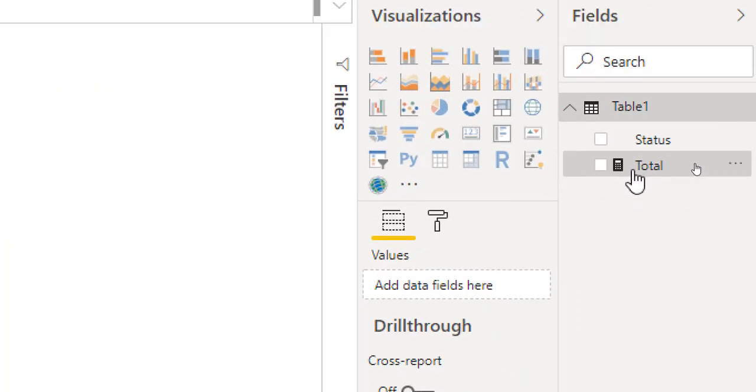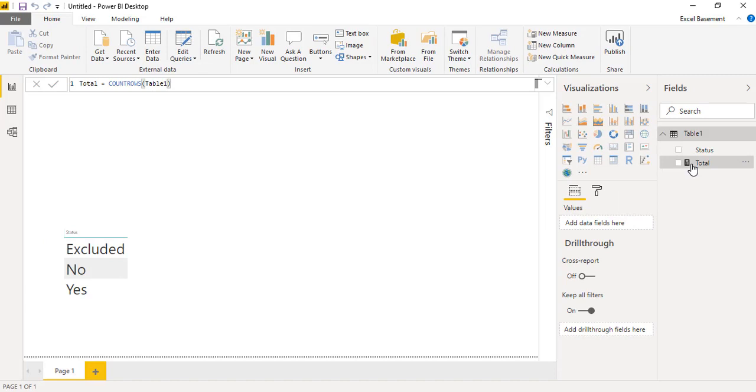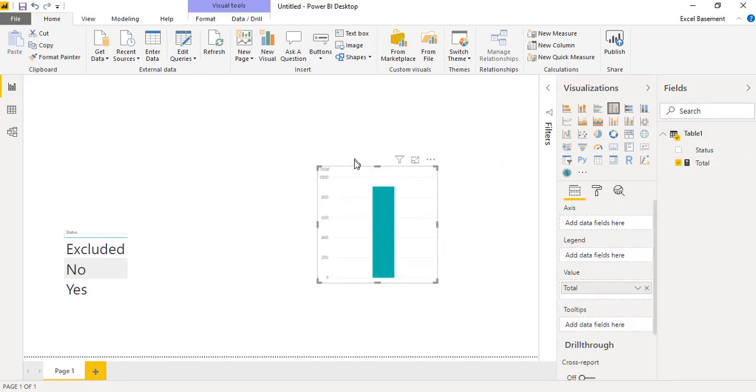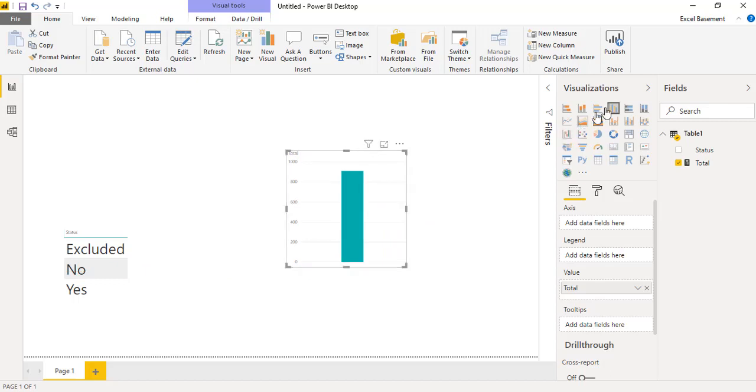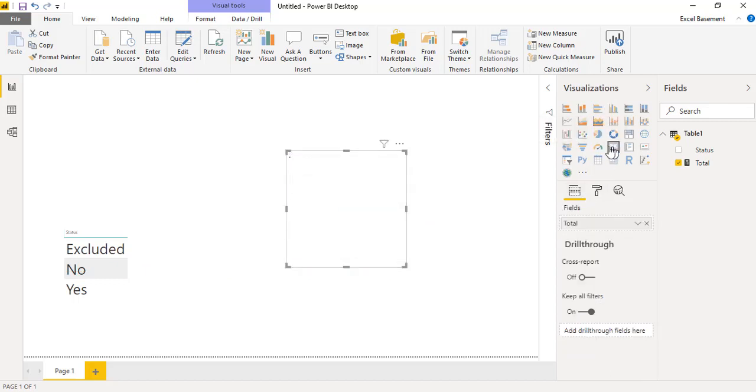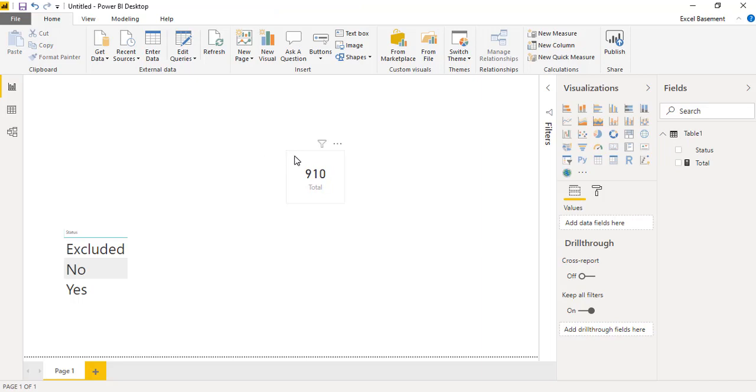Here you can see a small icon of a calculator, which shows that this is the explicit measure made by us. So let me just drag this field into this canvas, and by default it's creating the visualization as a clustered column chart. We just need a number, how many rows in our table, that shows 910, the total number of rows present in our table, 910.